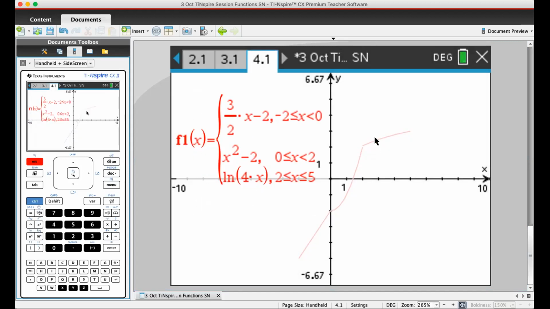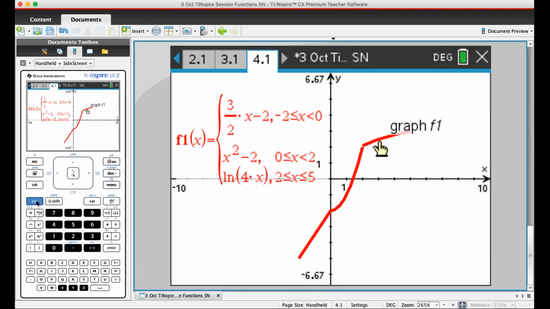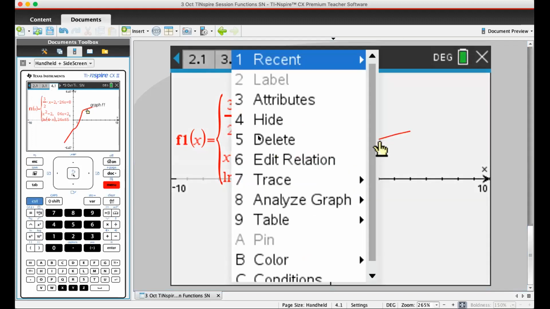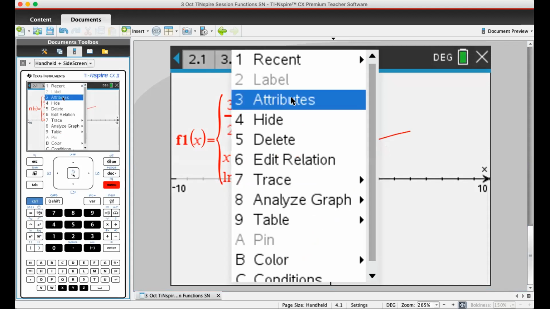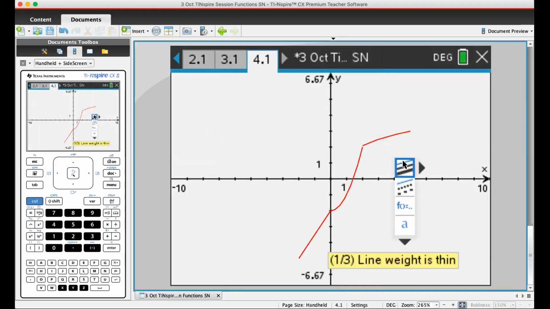You go to highlight, and then you go to control menu, you go to the attributes. Now what do attributes do? You can use different characteristics. You can have it bold, so if I increase the boldness of the line, to make it more striking, if you have to discuss something about this part of the function,